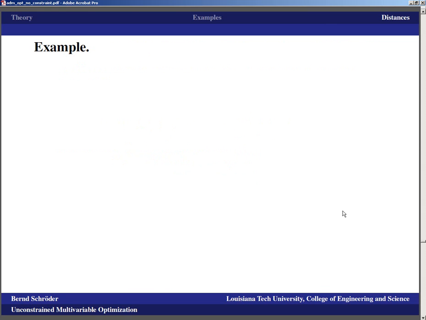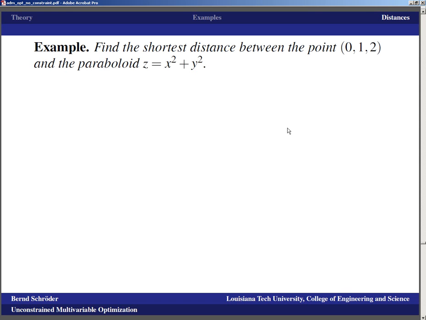Okay, we finish with the computation of distances, and the example that I have here is that I want us to find the shortest distance between the point (0, 1, 2) and the paraboloid z equals x squared plus y squared. If you visualize that, and I would want you to do that yourself, I'm not going to show the picture right now, there actually is a way to trick your way through this problem and solve it with single variable calculus. However, I want us to look, and I'm going to tell you how to do that at the end when we do another visualization,